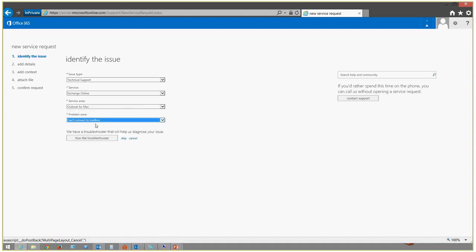Now, you'll notice really quickly that a pop-up appeared here to run a troubleshooter. Unlike some of our drop-downs, which point you to content, this one's really focused on, hey, we think we have an automated solution that might help you resolve your problem. So let's take a look and see if we can apply that automation to help you solve your problem and/or provide a better context for the support engineer that will be helping you resolve the issue. So if I click Run Troubleshooter,